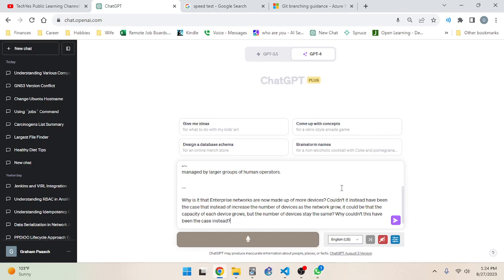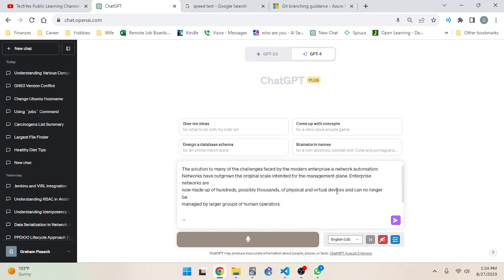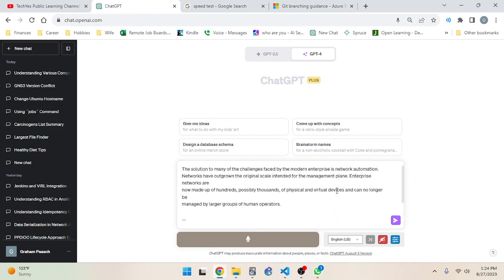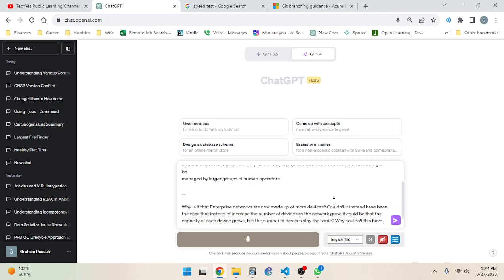All right, and then I have one more question, and that is, additionally, why did the original scale have to grow so much?